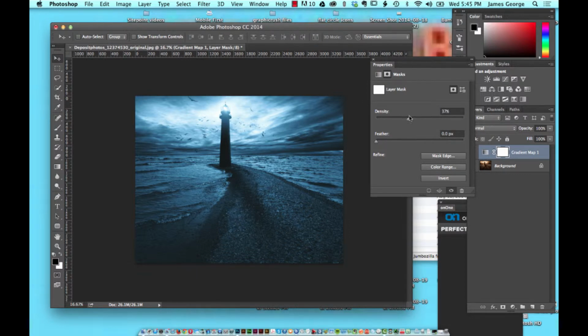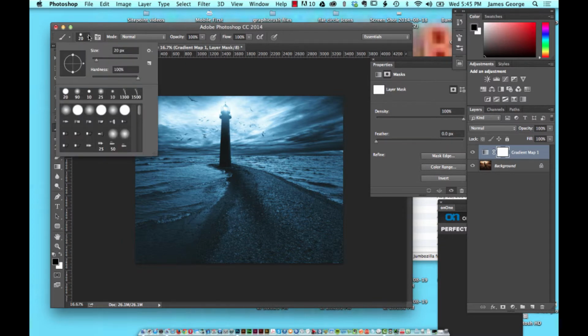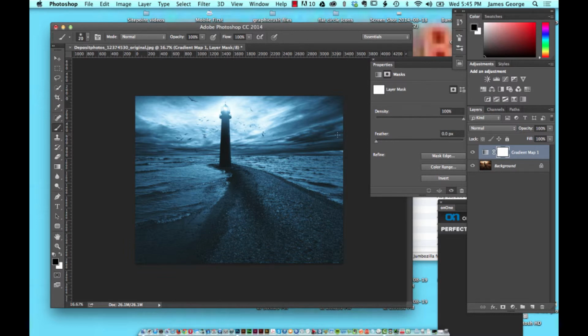So if you wanted to create a layer mask, that's how you would change the density. So let's choose a brush here, and I'll show you an example. Let's say I choose a soft edge brush, and then we're going to increase the size and paint over the sky area. And you can see that you're painting back in that warm color, and this is how you could get a two-toned effect